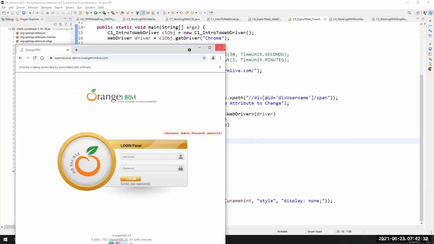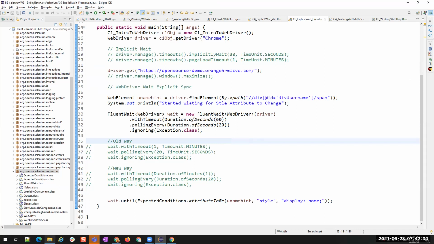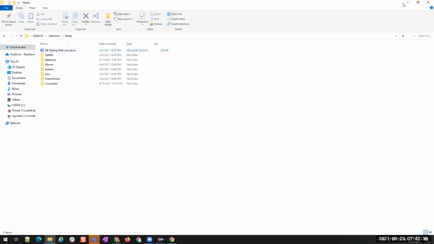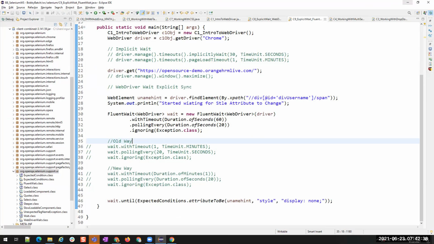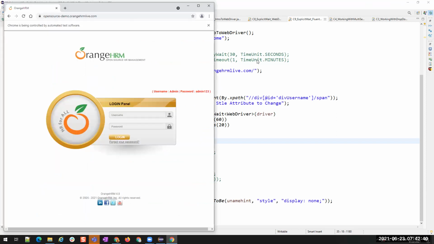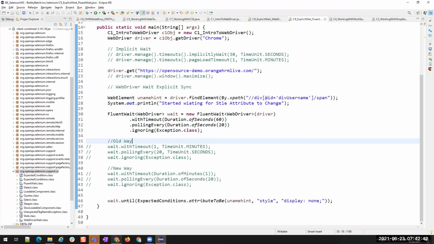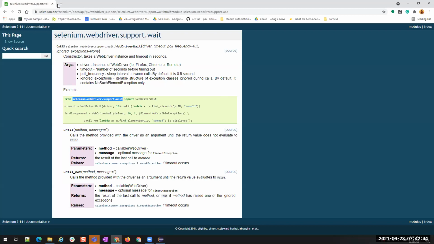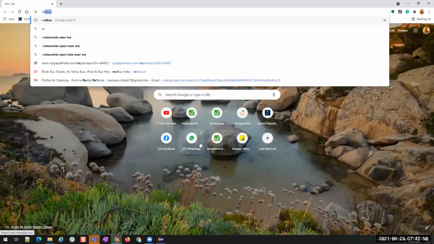Now let's go to the next topic, which is about dealing with frames. On web pages there will be something new that is called frames. Now let's see that.